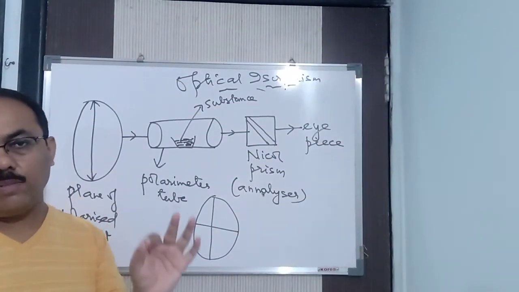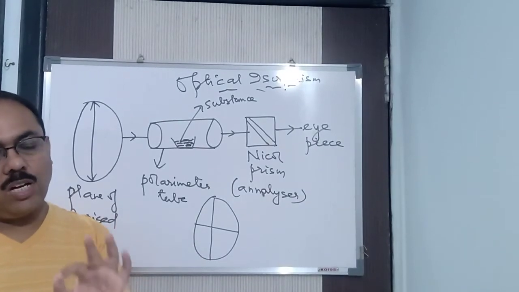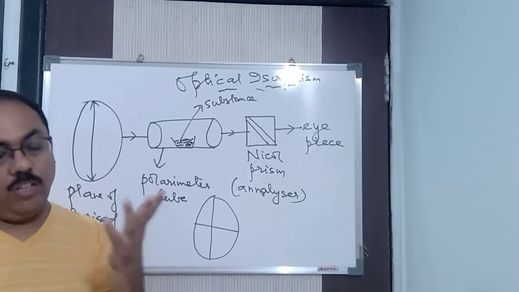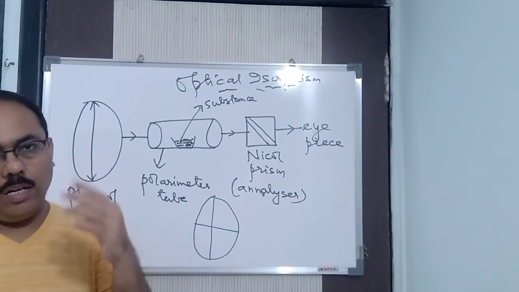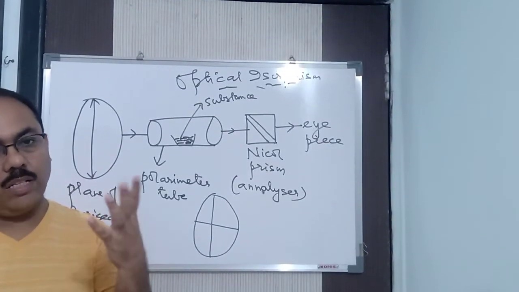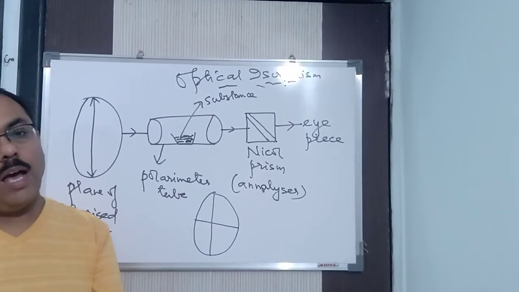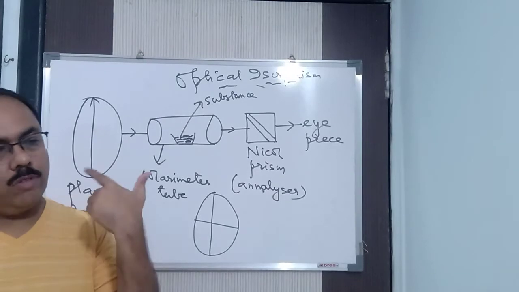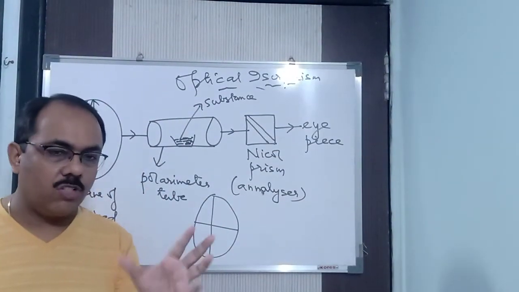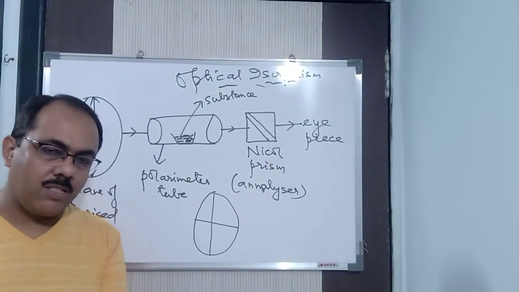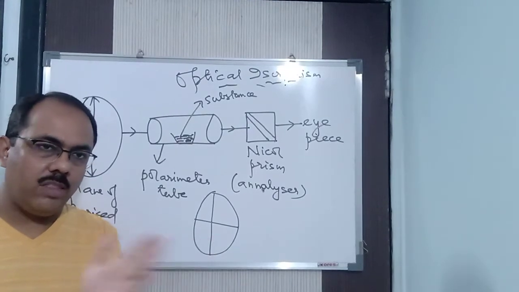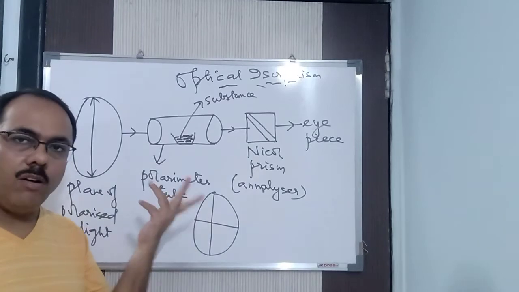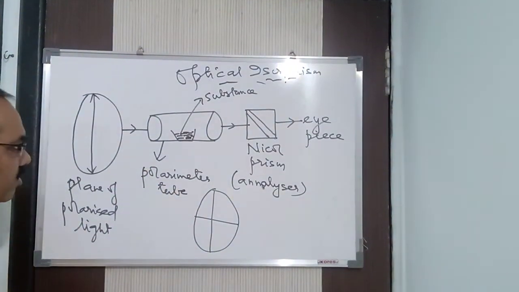Very simple. You take calcium carbonate, you heat it to a temperature above critical temperature. It will become transparent. It will liquefy. You take a solution of it. You take the transparent substance, put it in a mold and then you go for refrigeration. It will solidify. You take the prismatic solid, cut it properly in a shape and join the two prisms with the help of Canada balsam, the cementing material. You will be getting the Nicol prism. In this way, the Nicol prism is prepared artificially.